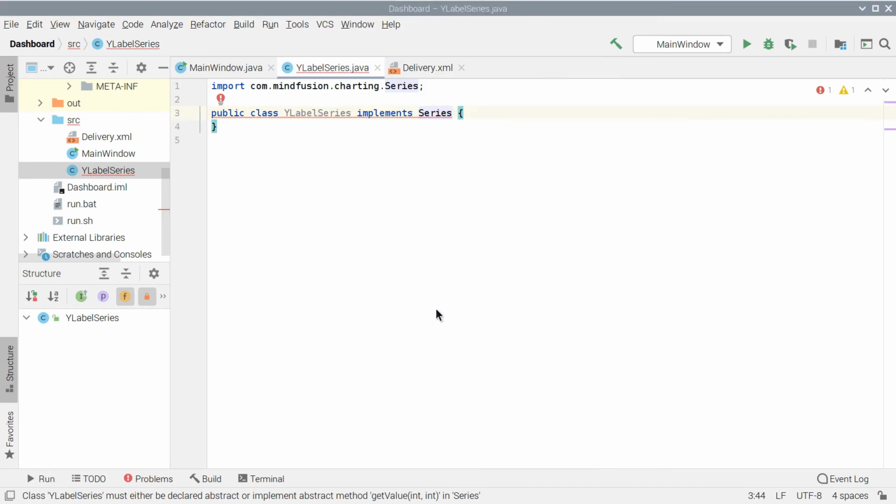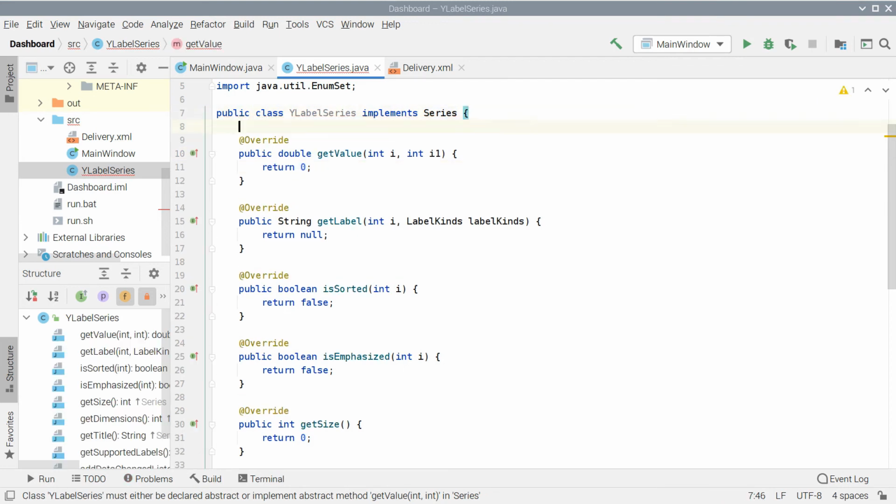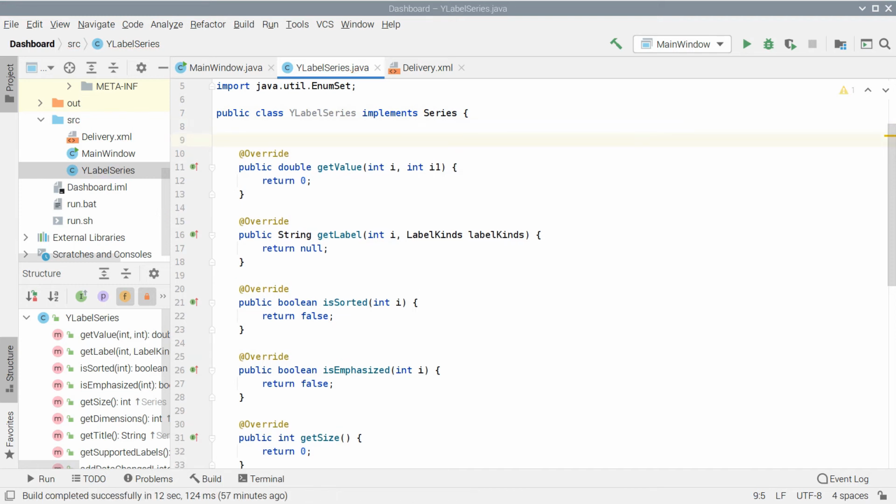The required methods are auto-generated. Our series will use two lists, one with data and the other with labels. The constructor will require that those lists are provided.